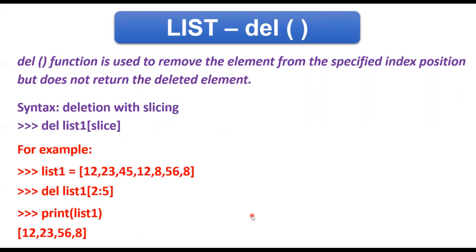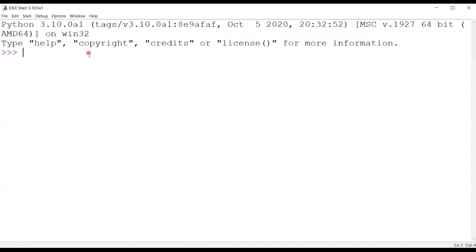So now I'm going to show you this practically as well. We are going to take one list. list1 is equal to some elements I will enter over here, and 89, that's it. Now, as you can see, I have taken a list in which I have repeated this element 45 thrice. So I will show you that we are going to delete the element from the specified index location instead of deleting the element by its value.